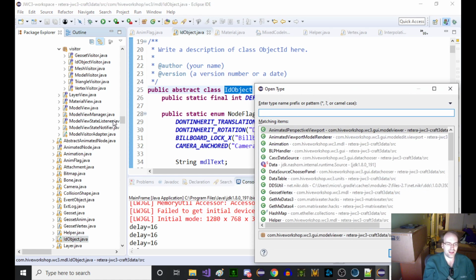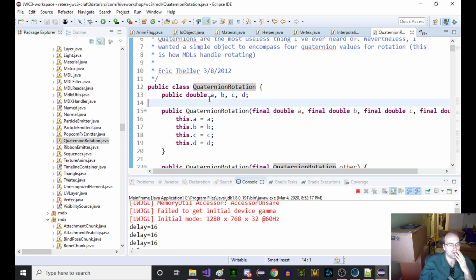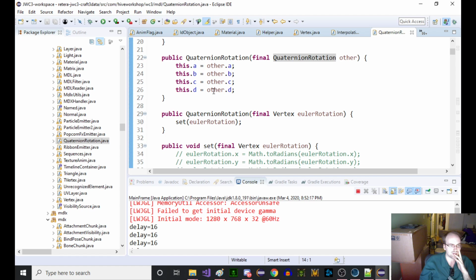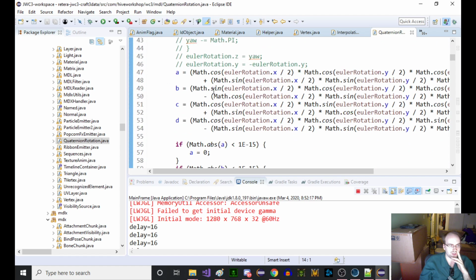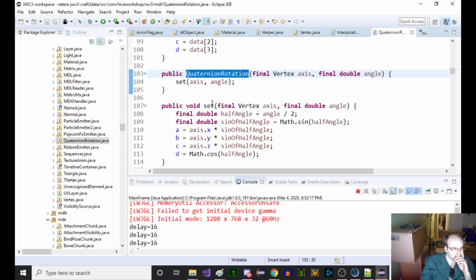So the way to do that, I created a class called quaternion rotation in high school to help with this. And you can just create these. I think there's axis angle somewhere in here, isn't there? Get angle around axis. Yes, here we go. You can make a quaternion rotation from a vertex, which is a little bit of a